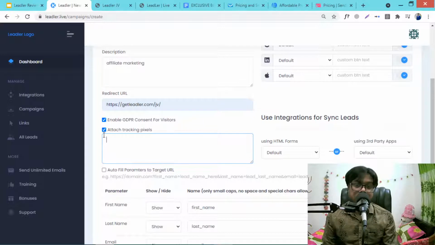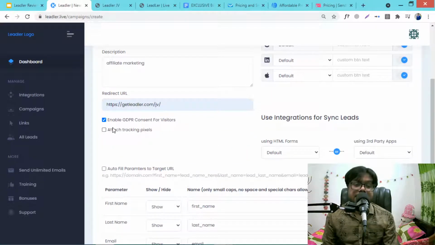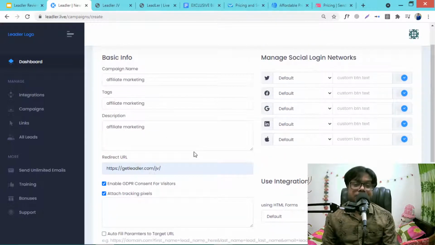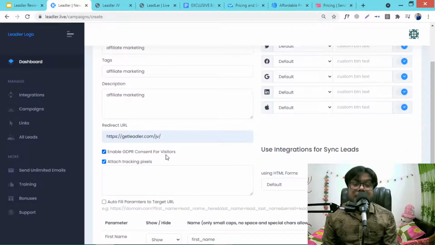The GDPR consent for visitors will help you get a very high inbox rate. So you need to enable GDPR consent, and I suggest you use this tracking pixel because it will help you later when you use the ad service at very low cost.